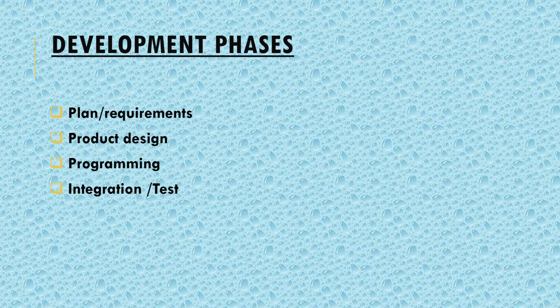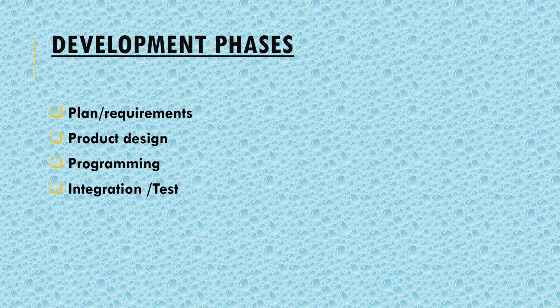Now, these are the various development phases of the advanced COCOMO model. The first one is plan or requirements. What is this phase? This phase is the first phase of the development cycle, and in this phase the requirements are analyzed, the product plans are set up, and the full product specification is generated. So this plan and requirements phase consumes about 6 to 8% of the entire effort, and 10 to 40% of the entire development time.